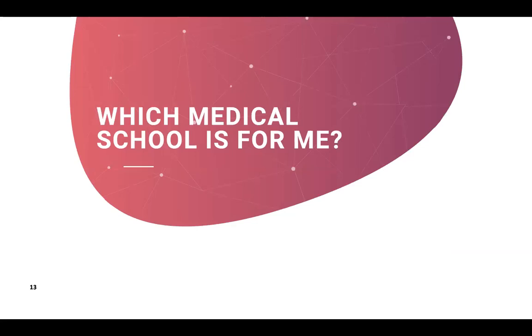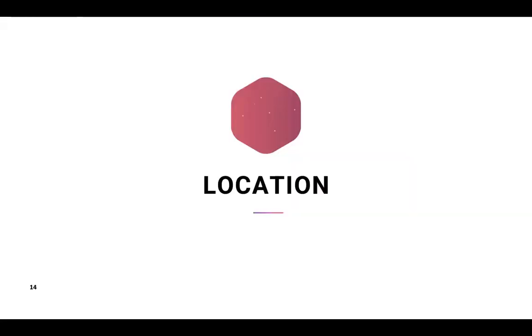Okay, so I've talked a lot about the structure of what medical school is actually like. Then going into which medical school is for me. So what sort of factors will be involved in that? Well, one of the first things to think about is location. So what I mean by location is, number one, how far is it from home? Are you the type of person who likes to go home now and then, which obviously is absolutely fine if you want to go home and visit family,